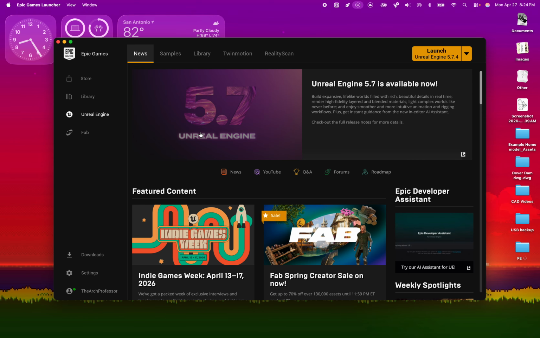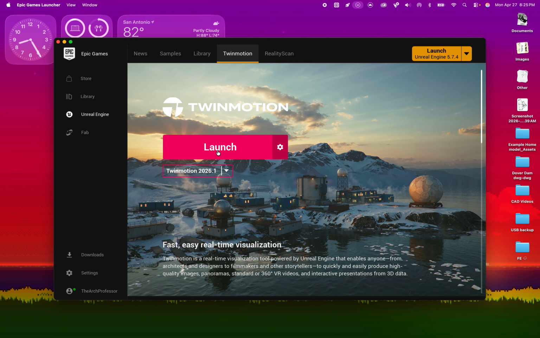But at least TwinMotion is pretty interesting, I think, especially talking about the money shot today, and of course how to set that up, and that it's essentially like Lumion except free. Even though arguably I think Lumion runs much more intuitively, but it is what it is. So in our case, I want to go to TwinMotion and launch it. Now this is only because I've installed it first, but again, if you have an Apple computer with at least an M1 chip, especially M Pro and above, honestly, you could probably run